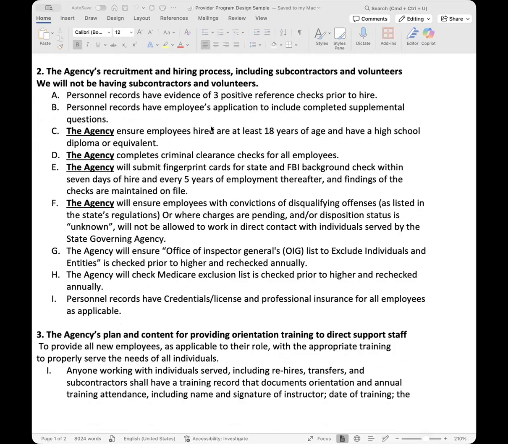Next, the personnel records for each employee have to have their application on file. So even if somebody is volunteering, they need to fill out an application. Same thing with the subcontractors. Everybody will need to have an application completed and it needs to be in their personnel record. So all of these people must have a personnel record. And I know they're a volunteer, so why do they need a personnel record? You have to have a record for everyone interacting with the clients.